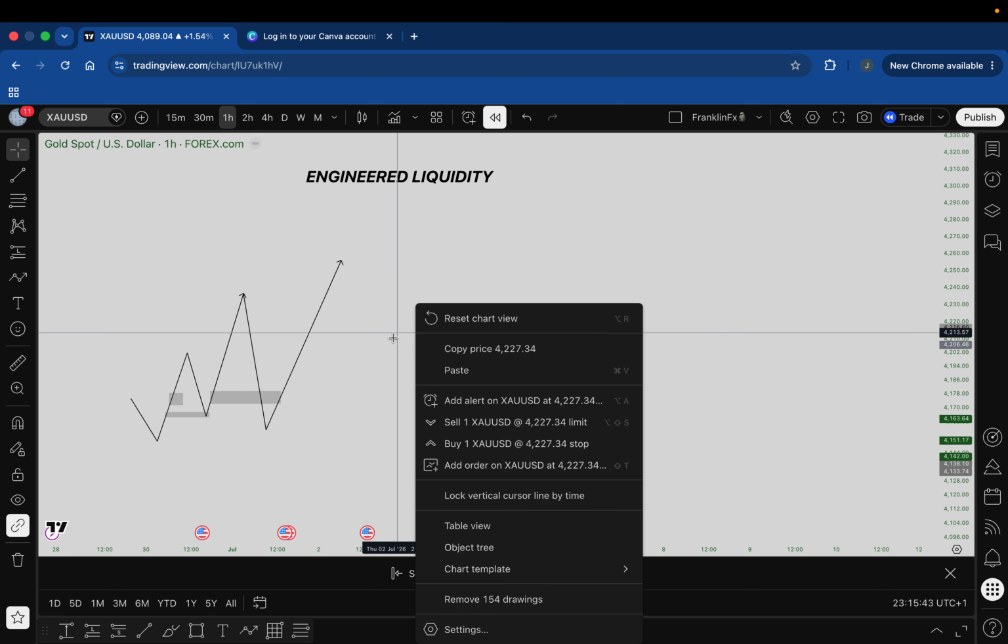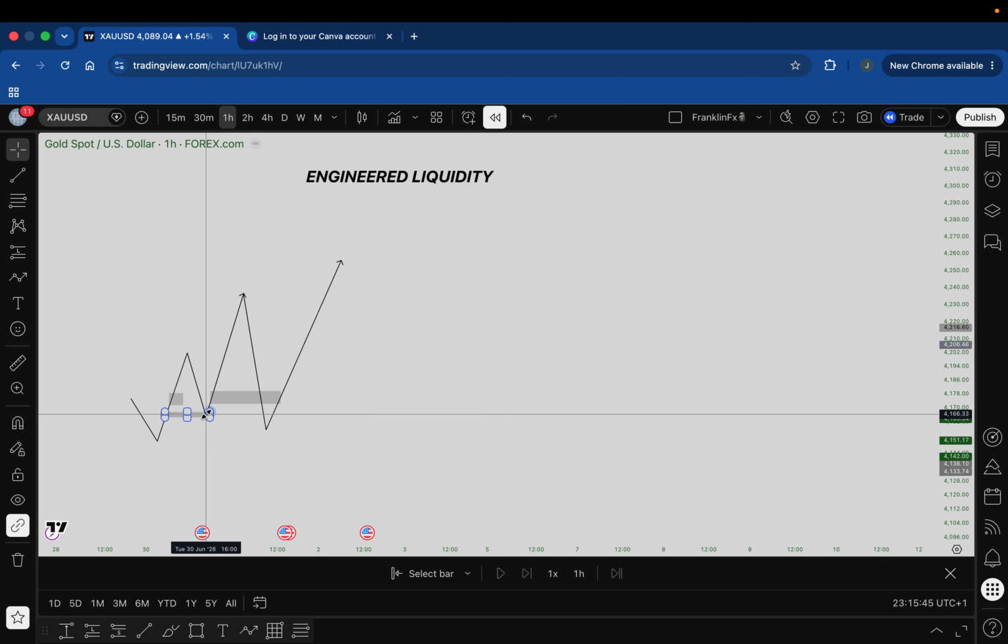Now, in a case like this, the particular low that has been used is what we call a structural liquidity. It was a full structure here. Of course, we have a break of structure here. The market came all the way down here and then went back up, broke structure again. And it was meant to be protected. You get that kind of thing? It was meant to be protected. But all of a sudden, the market came all the way down here.